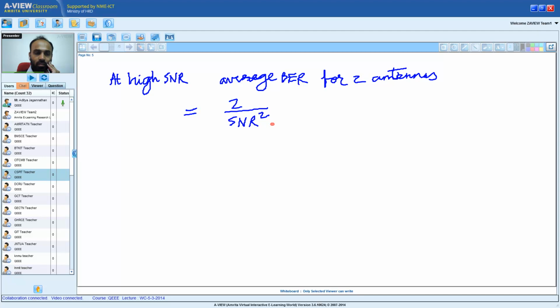Now let us go back again to calculate. Everyone remembers we calculated the SNR required for AWGN and also the fading channel with a single antenna at a bit error rate of 10 to the power of minus 6. Now let us calculate with two antennas what the SNR required is. So my question to all of you is the following: in this two antenna system,